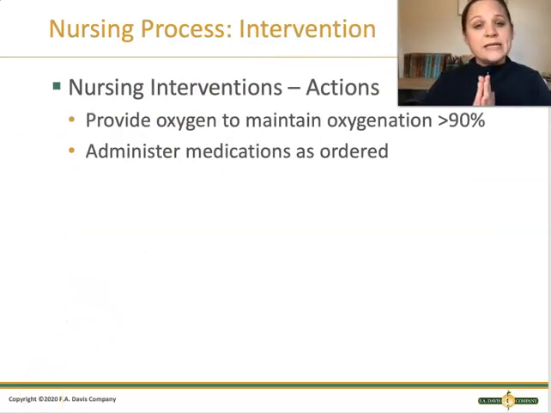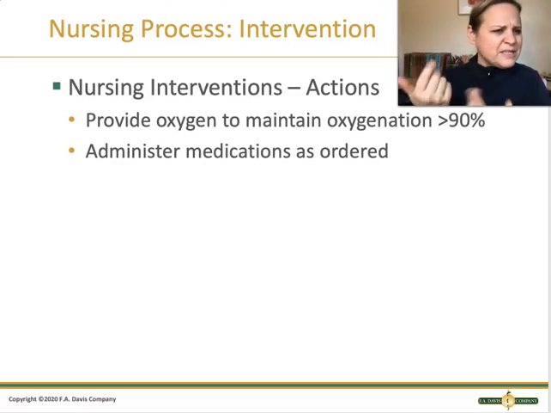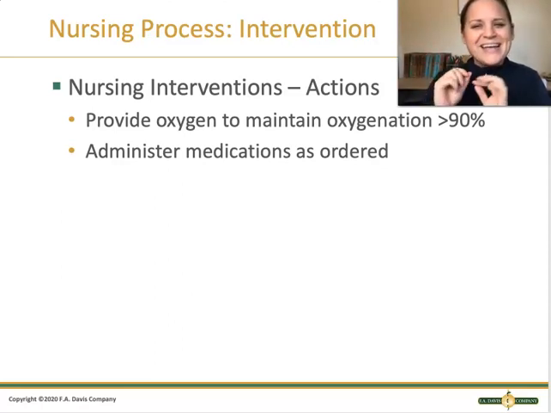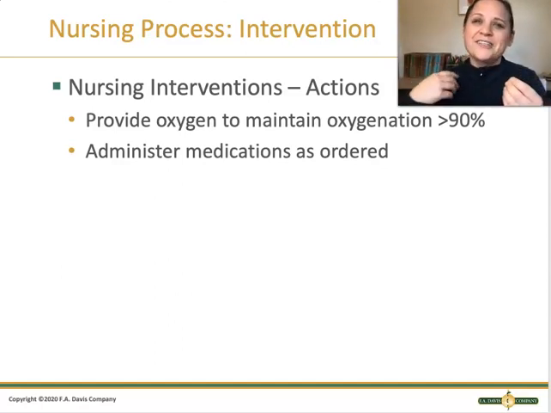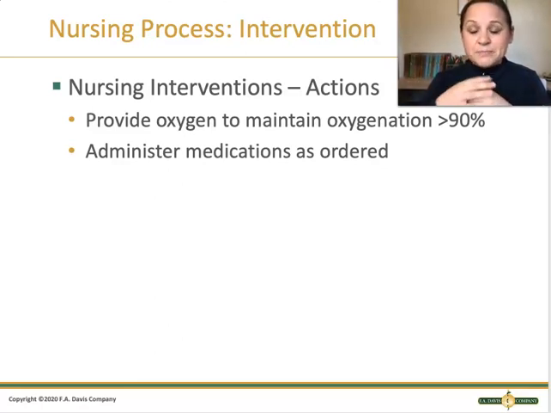So as always, our nursing interventions are going to be related to 3 areas: actions to take, teaching to do, and assessments to make, but I guess we already talked about the assessments. So we'll just say actions to take and teaching to do. So if you've got a patient, you recognize they're short of breath, they're having retractions, they are using accessory muscles, speaking in short sentences, we need to take action on these guys. So our goal is to make sure that they have oxygenation of above 90%. So put them on oxygen and then administer medications as ordered. And on these patients, you can expect that they're going to be on some kind of nebulizer albuterol treatment and giving them some kind of steroid at the minimum.